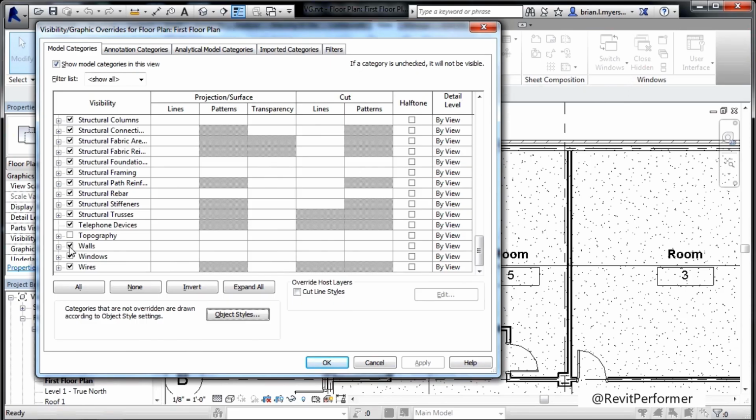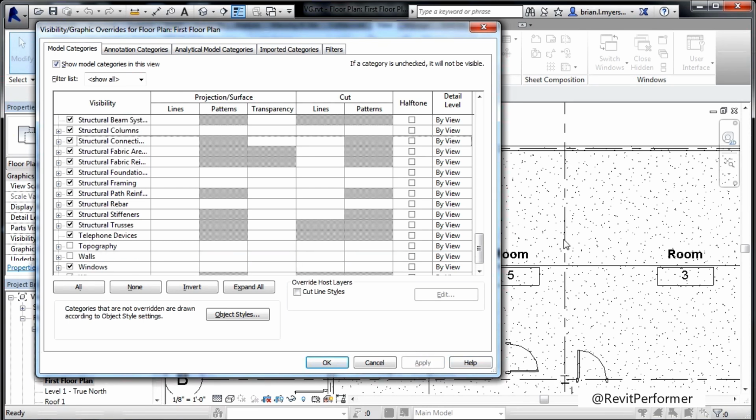this little check mark next to walls. By clicking off the check mark, we've turned off all the walls inside of the view. If we select Apply, we'll then see our walls go away. Now it looks like we still have a wall up here, but the reality is we actually have two separate floors. One floor goes out a little bit farther than the other floor,